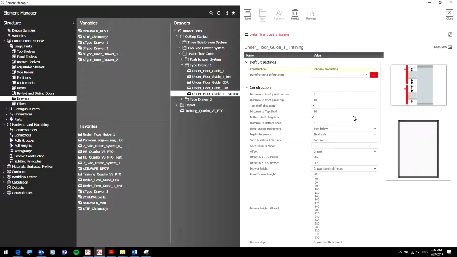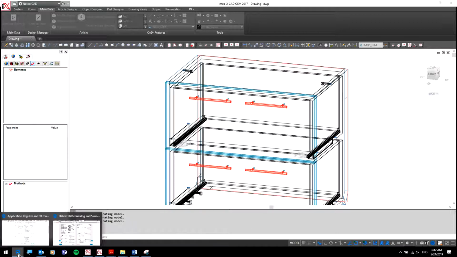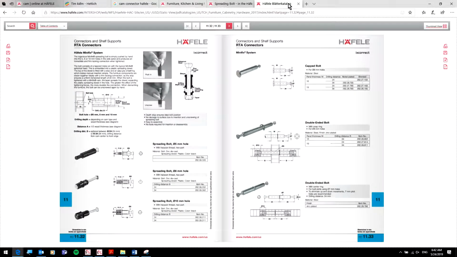Okay, so this one is drawer positioning. This is the position of the box of the drawer. So from below or from above. So from below will look like this, and from above is only when you have